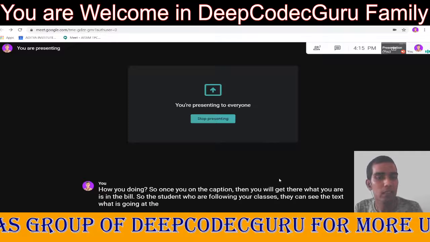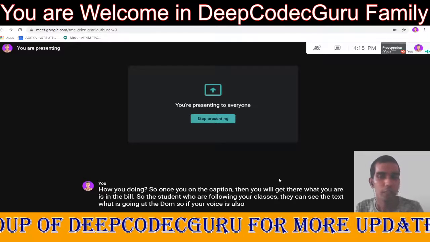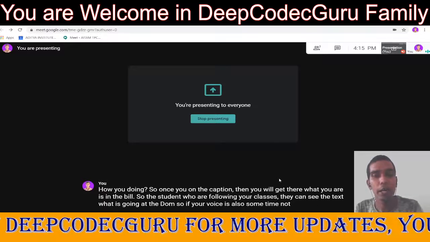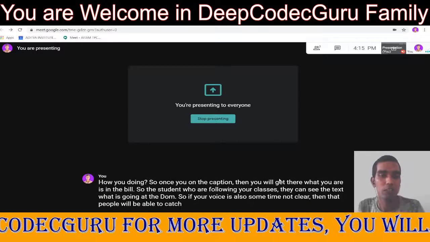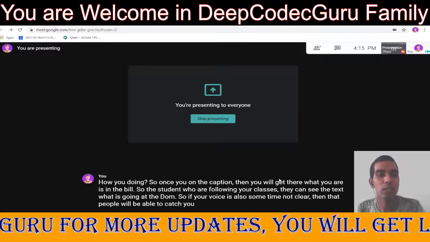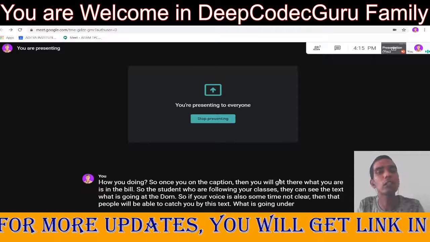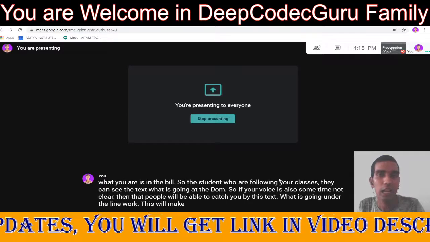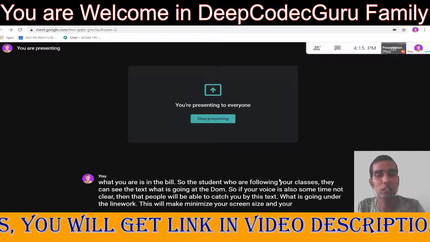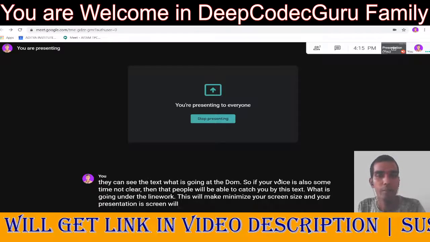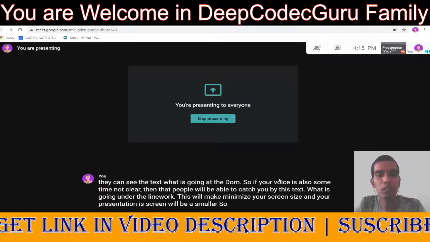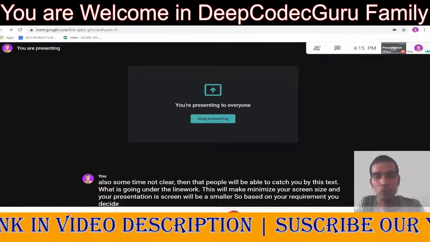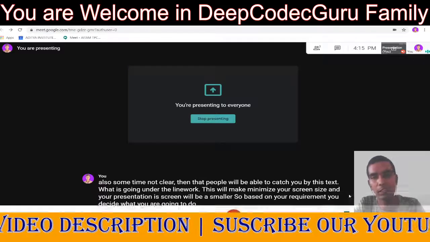If your voice is sometimes not clear, people will be able to catch what you say by this text under the line. But this will minimize your screen size, and your presentation screen will be smaller. So based on your requirement, you decide what you are going to do, but you can still use it if you want.